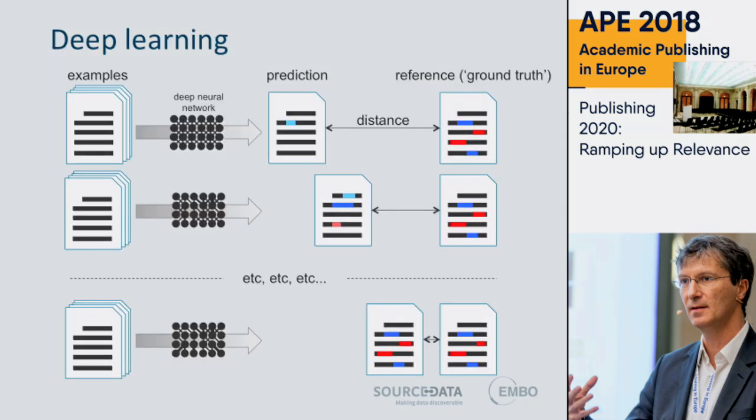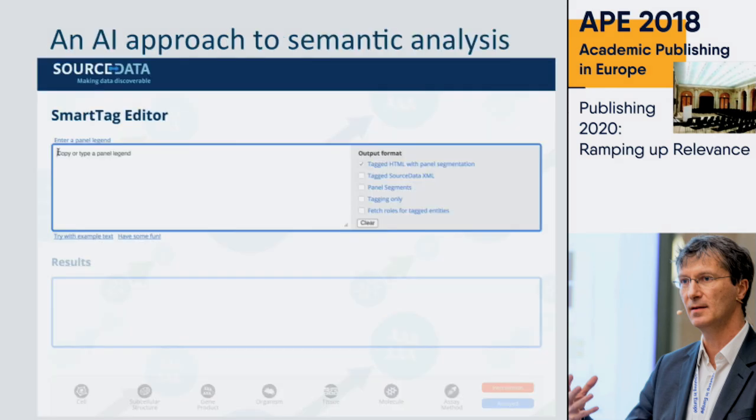We use deep neural networks that can learn by example, and we present the examples of the manually curated data sets that we have accumulated. And after a couple of iterations, typically 100 or a few hundred iterations, the model is correcting itself. The neural network is pruning some links, reinforcing others, and finally is able to predict the tagging of the text in a way that is very similar to the examples that we have presented. So this is the basis of the approach, and this is the result in the form of an authoring tool, but of course we can evolve that now in different scenarios.